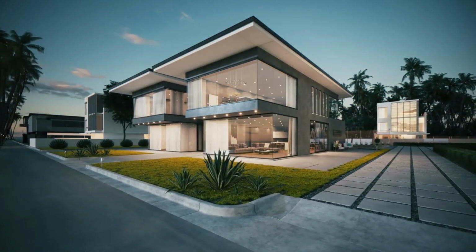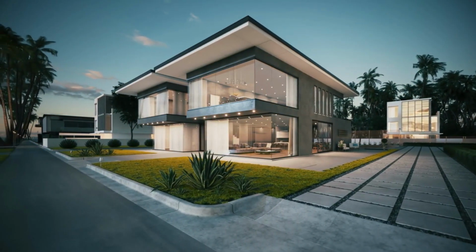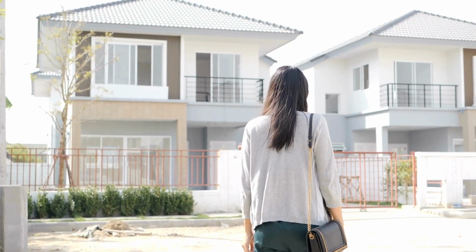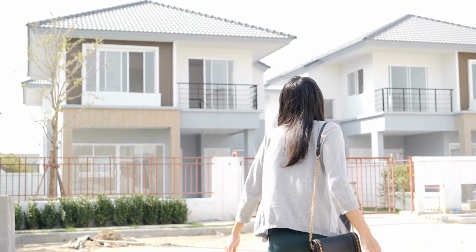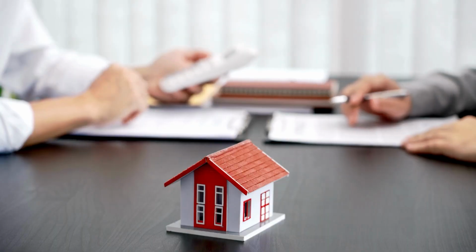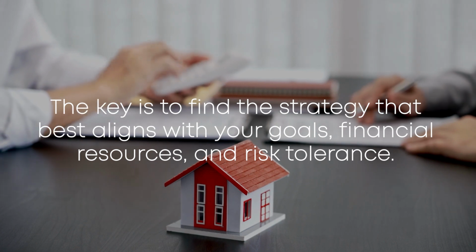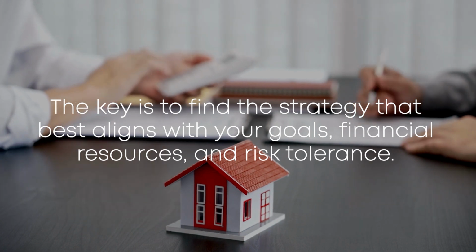And that wraps up our comprehensive guide to the 15 top strategies for investing in the housing market. Remember, there's no one-size-fits-all approach to real estate investing. The key is to find the strategy that best aligns with your goals, financial resources, and risk tolerance. So take the time to research each method and consider partnering with experienced professionals to help you navigate the world